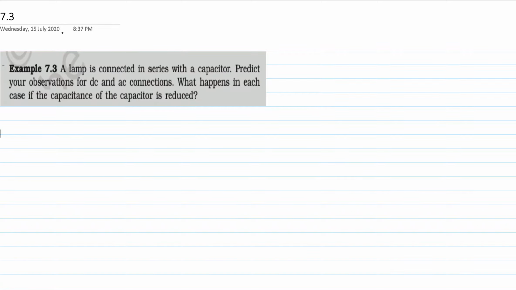We will discuss some problems based upon capacitance and inductance. So, example number 7.3 of NCERT. Let's see here, a lamp is connected in series with the capacitor. Now the structure diagram is like this. A lamp is connected in series with the capacitor. So here is a capacitor and a lamp is connected across this